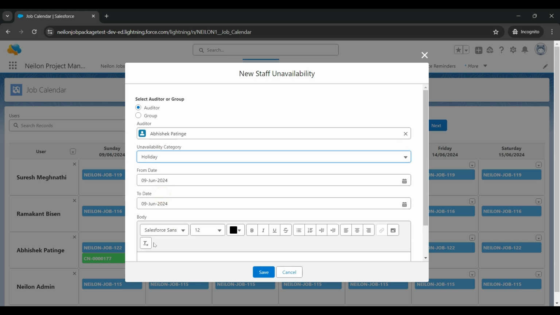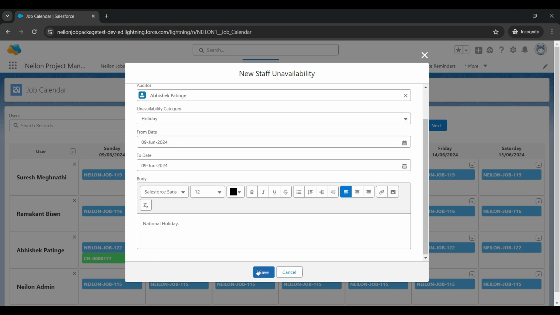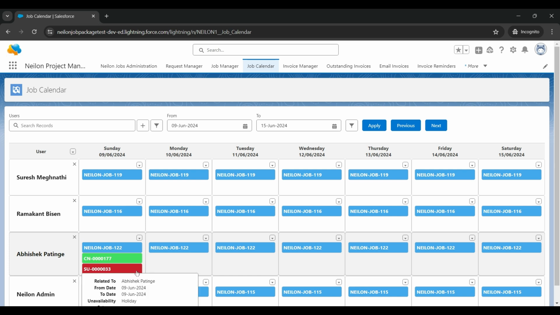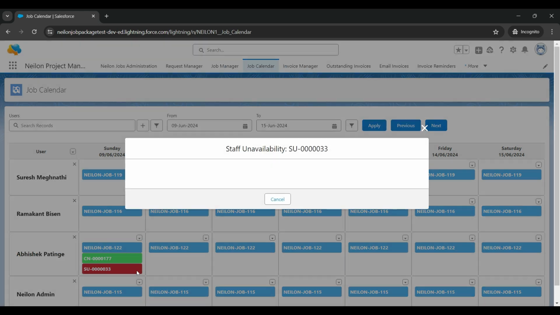Provide unavailability category and body. Click on Save. It will save the staff unavailability and show it in the red color box. To check the staff unavailability details, hover on the red box of the staff unavailability name. You can open the staff unavailability preview by clicking on it.